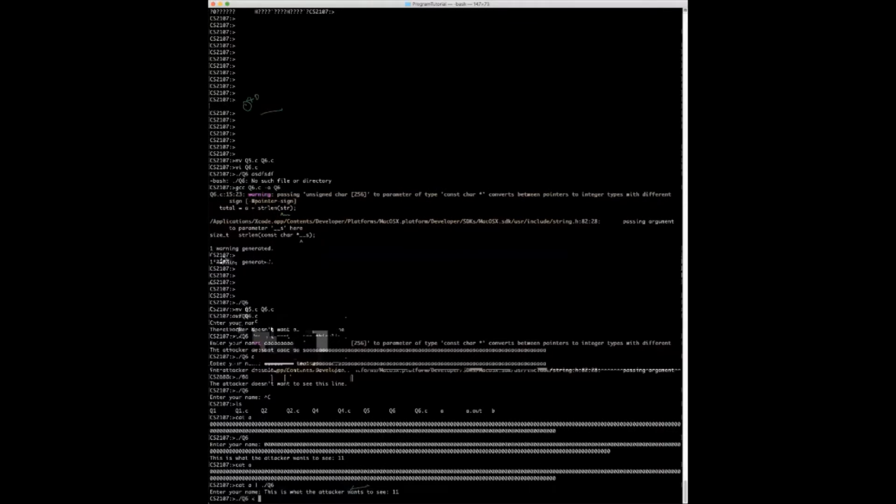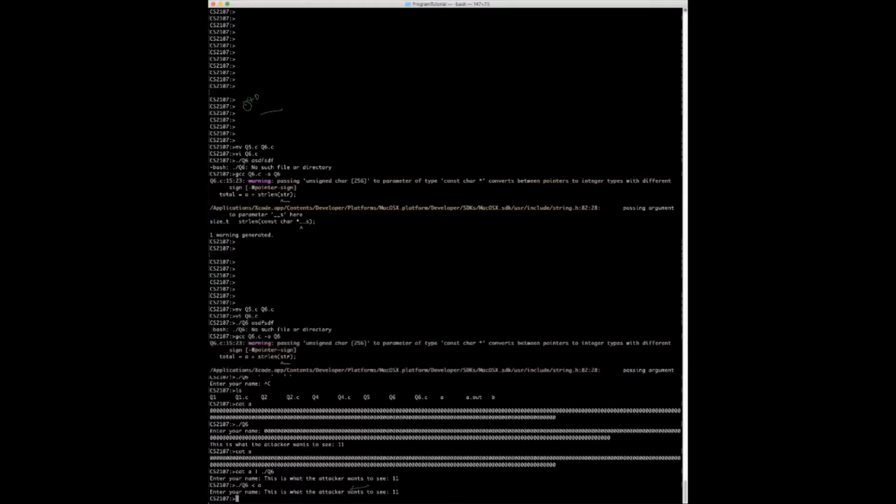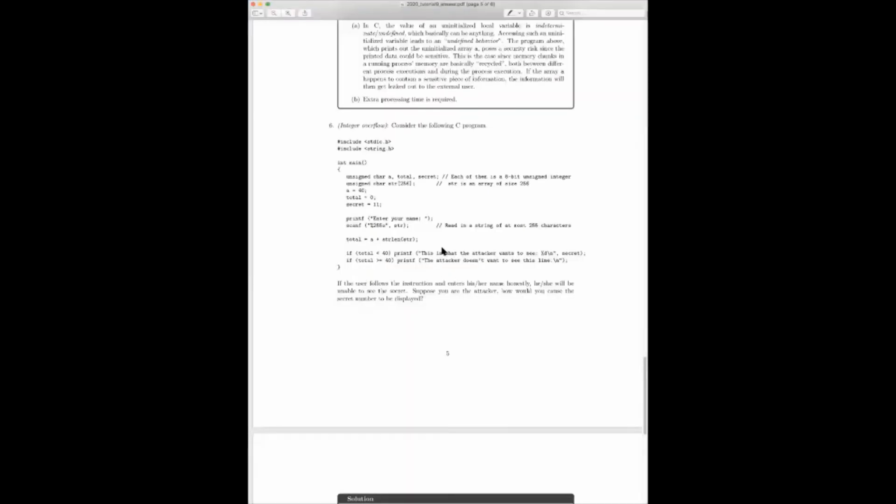When we add these two together, the string length and a, because total is 8 bits, the addition implicitly means total equals a plus the string length modulo 256. If we want to force total to be smaller than 40, we just have to get this part, for example,